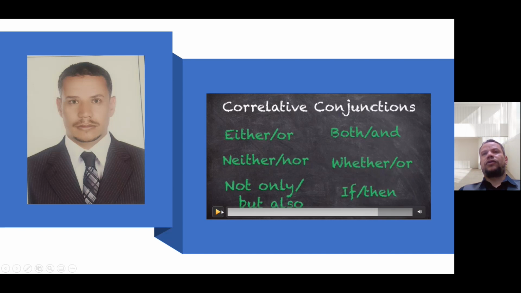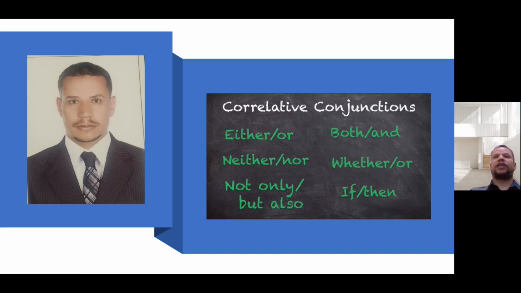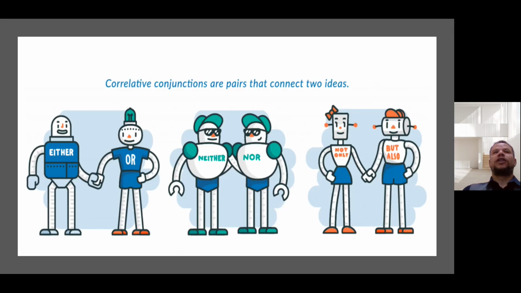Okay, so correlative conjunctions in pairs like either, or; both, and; neither, nor; whether, or; not only, but also; if, then, if you did something, then what will happen, and so on. So let's see correlative conjunctions in detail. Correlative conjunctions are pairs that connect two ideas. Look at the charts in front of you, graphs of robots. Either, or, to connect, maybe at the start of the sentence or in the middle of the sentence,